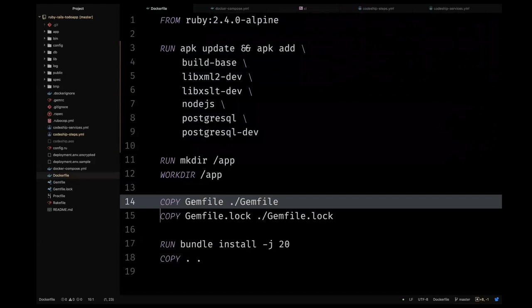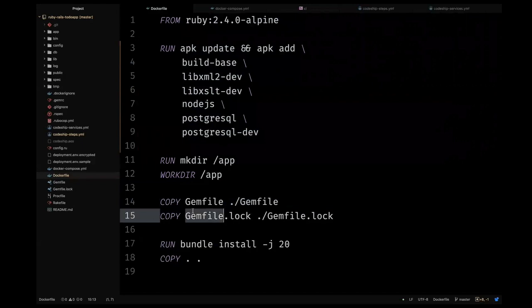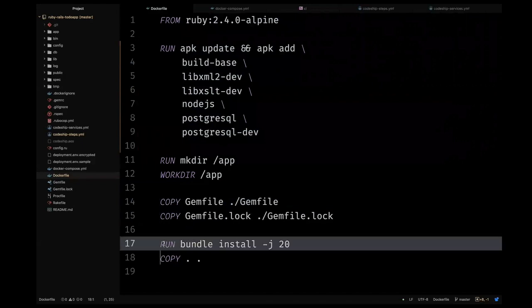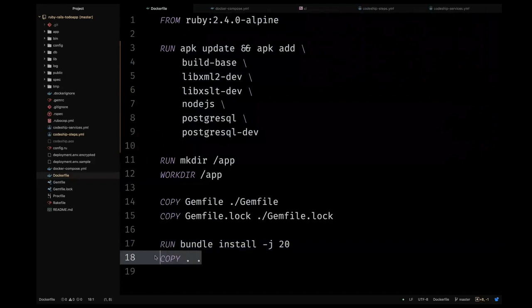So if I add new gems, it'll also bring over the lock file, and then it's going to finally run bundle install. Once bundle install is done, it's actually going to copy all of my code from the entire root directory. So everything over here gets copied all the way over into my app folder now on my container. So to take a look at what that looks like,